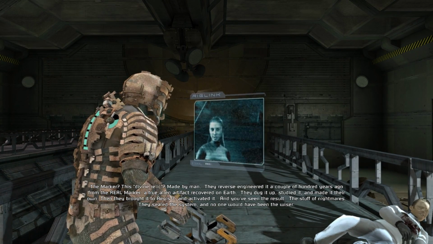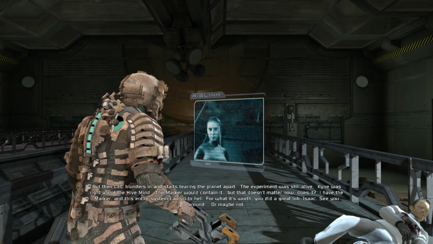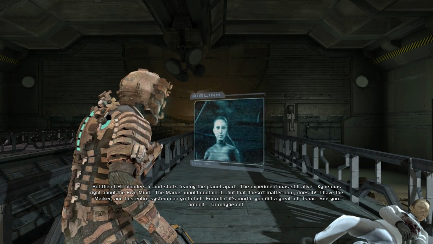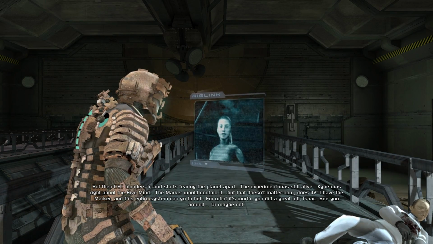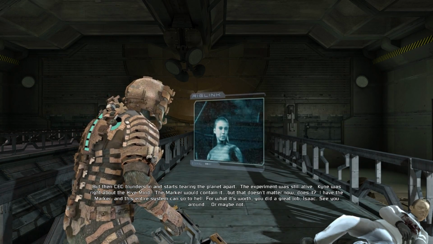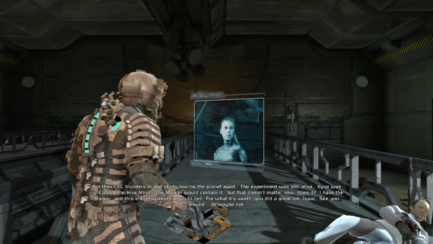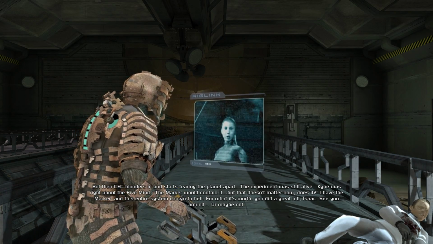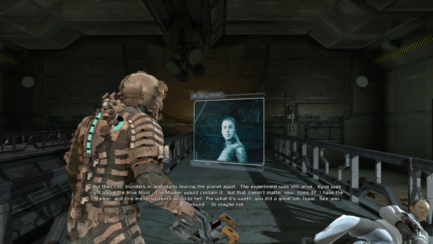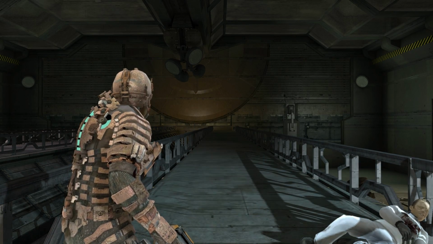The stuff of nightmares. They sealed the system, and no one would have been the wiser. But then the CEC blunders in and starts tearing the planet apart. The experiment was still alive. Kine was right about the hive mind. The marker would contain it, but that doesn't matter now, does it? I have the marker, and this entire system can go to hell. For what it's worth, you did a great job, Isaac. See you around. Or maybe not. I've always...